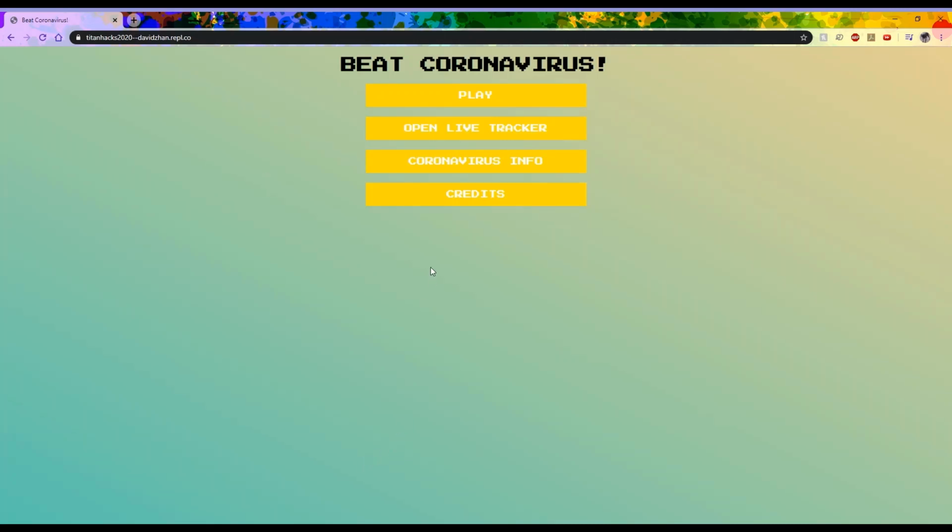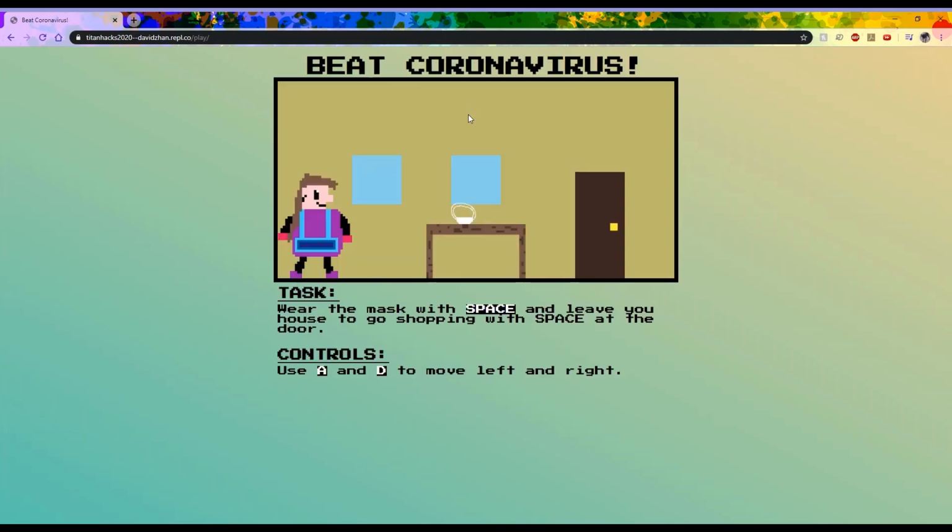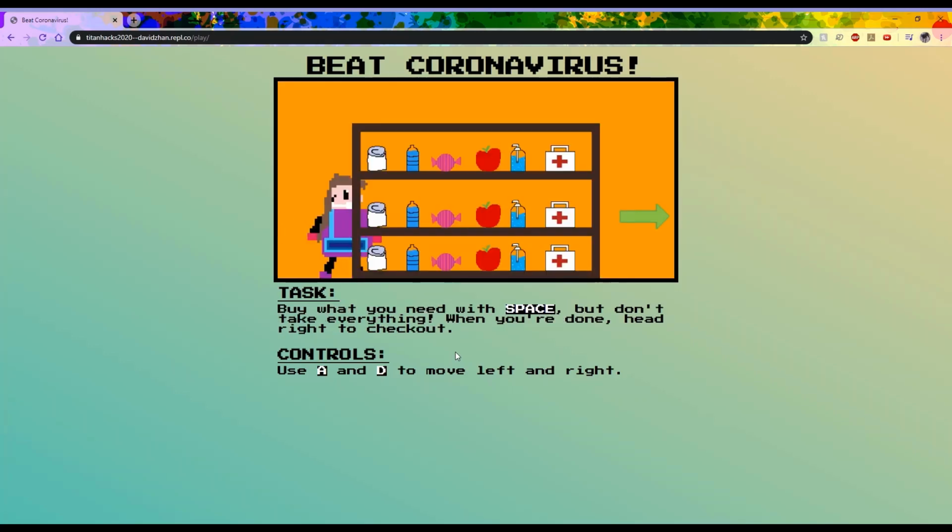I am Michael, and this weekend my partner David and I decided to code an educational game about the coronavirus called Beat Coronavirus. It's a simple game where you follow a few tasks, such as maybe putting on a mask and going to a shop and purchasing some items, or putting on some soap and washing your hands, that can